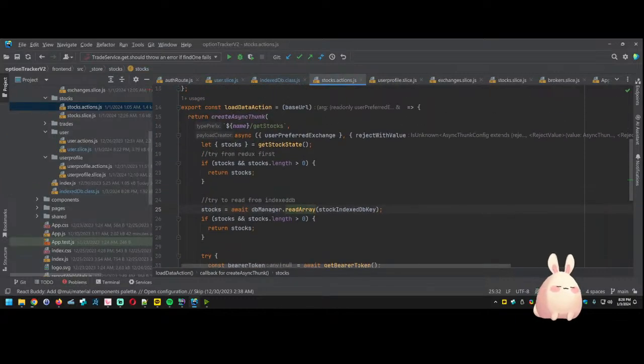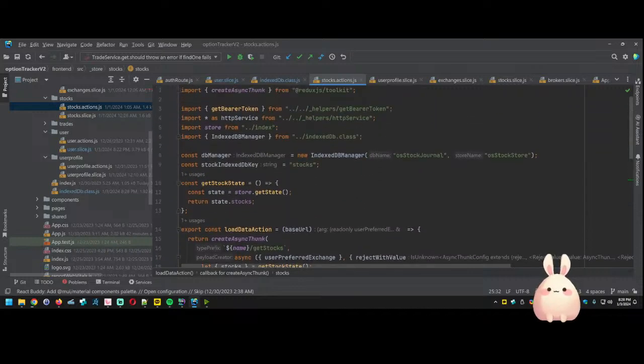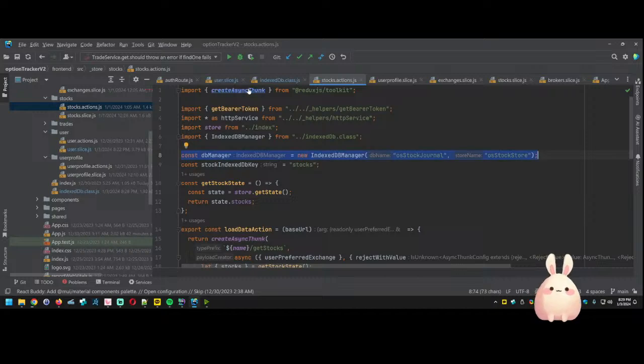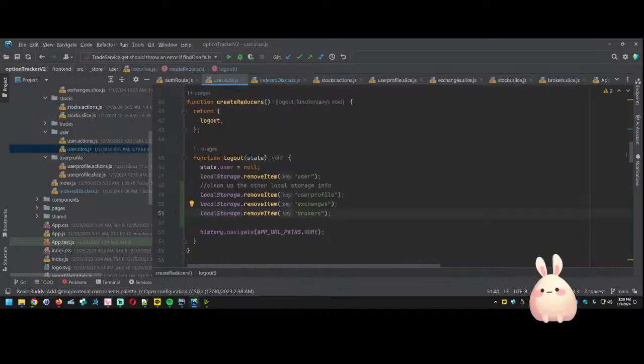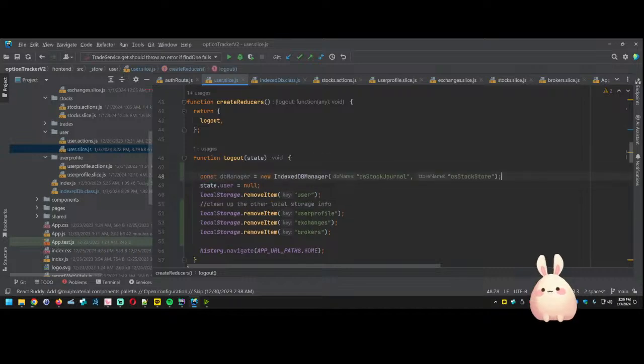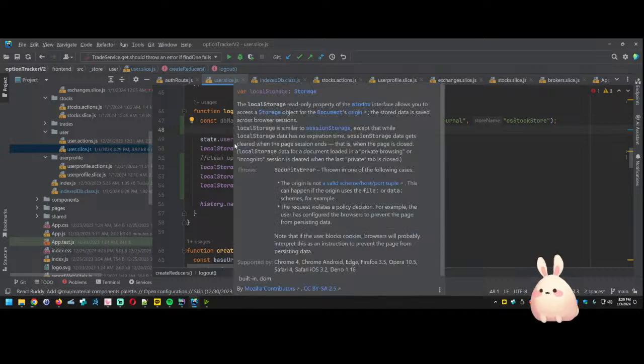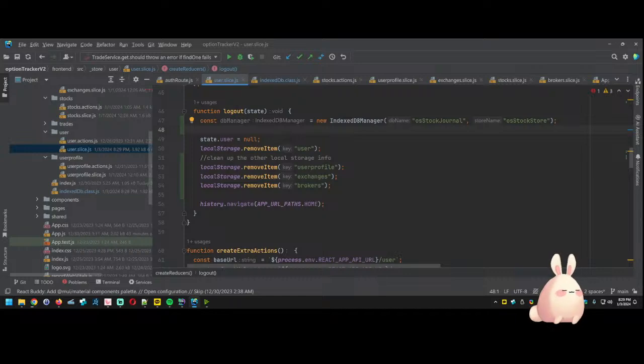We have to await anyway. So we're going to need to load in the DB manager from here. And there's no way to access these actions, so we're going to have to do it here. I don't like doing this here. I will try to put all of these inside of a universal function. They are inside of a class anyway. It's not like it's weird, but we should probably use